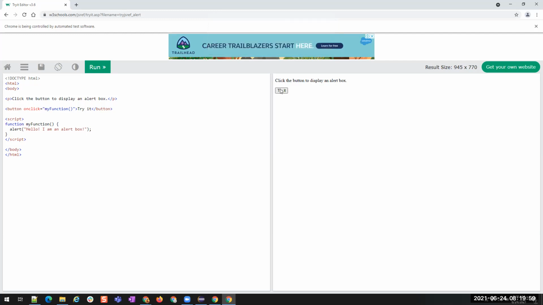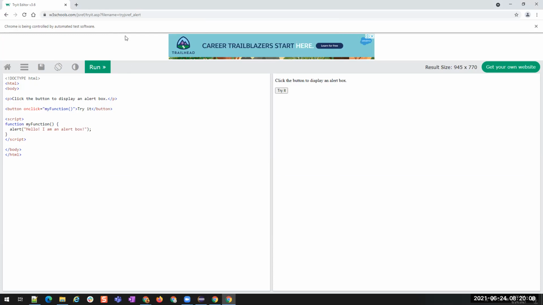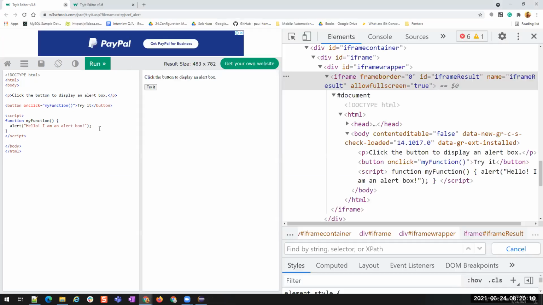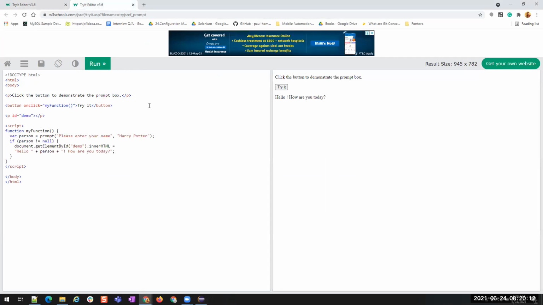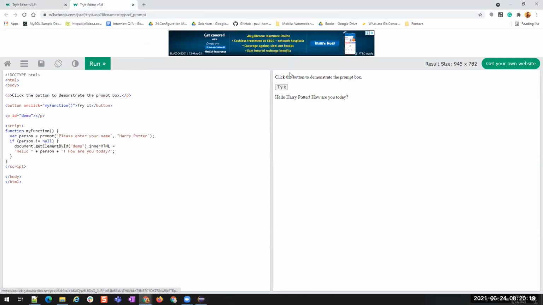That means we are dismissing the alert, we are not accepting the alert. To dismiss that alert, instead of showing dismiss here, I'll show dismiss in the other window, prompt. If I press enter, it will say, hello, Harry Potter, how are you today?